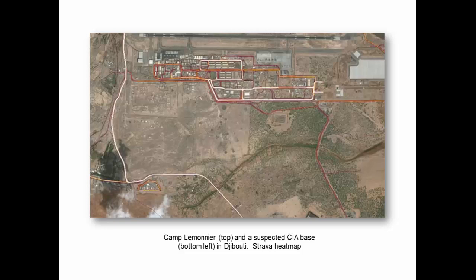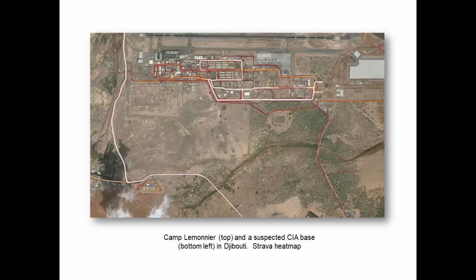So here you can see one of the maps he made. On the top, you can see a CIA base in Djibouti. And this was a known military base that we have. The smaller one at the bottom left, people didn't know about. And this created, as you can imagine, a huge stir in the intelligence community, not just in the United States, but around the world, as these hidden military bases were revealed in many different nations. It was quickly